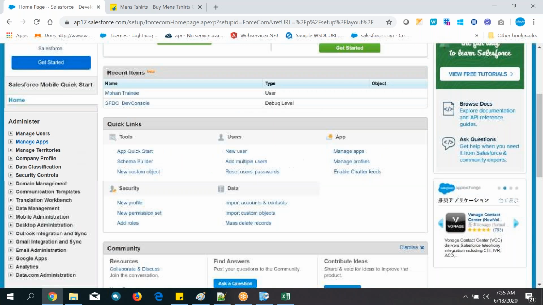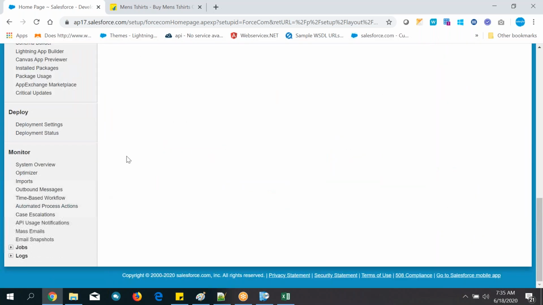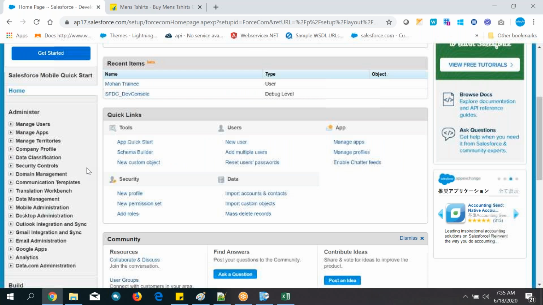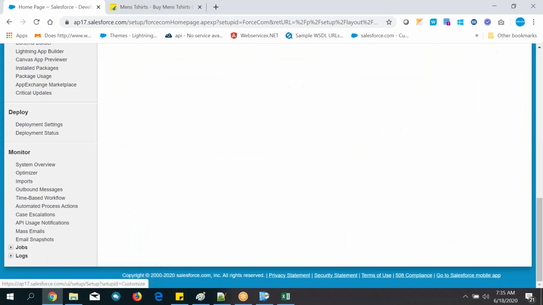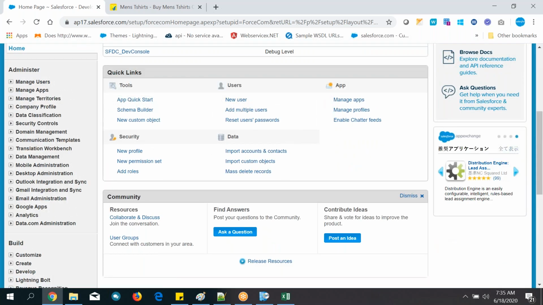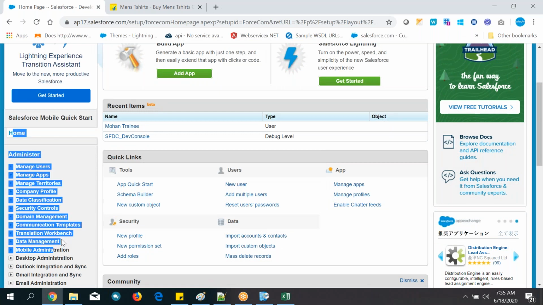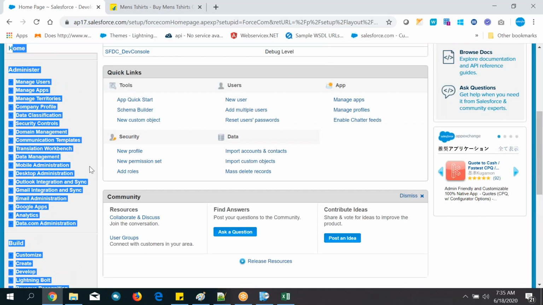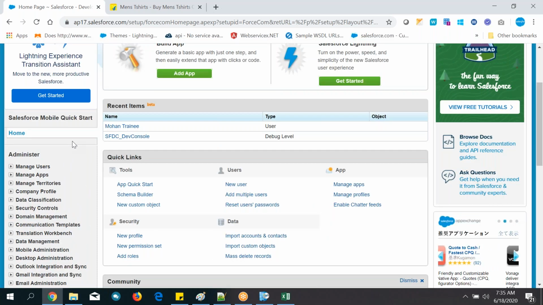These options are not all going to be used, only a few of the options. They have given these options for all kinds of clouds. Among these options, for Sales Cloud they can use a few options, for Service Cloud a few other options, and for Marketing Cloud a few other options, like that.